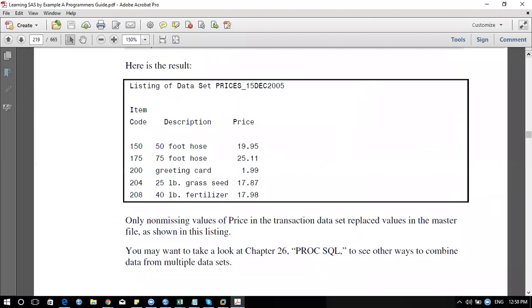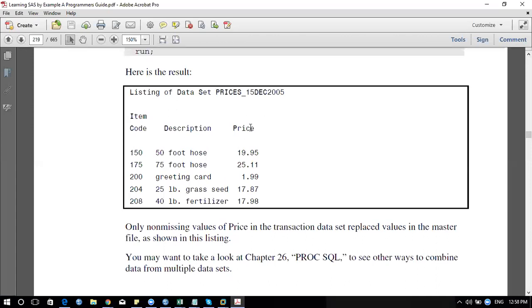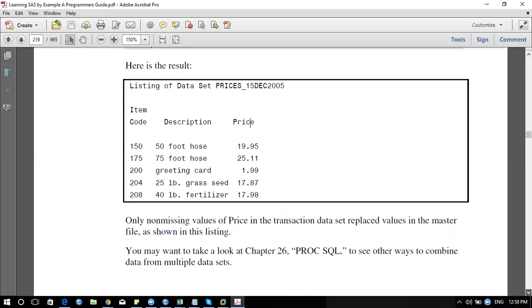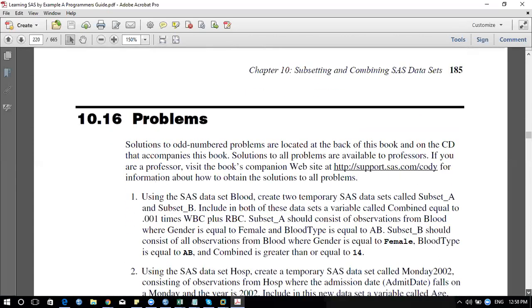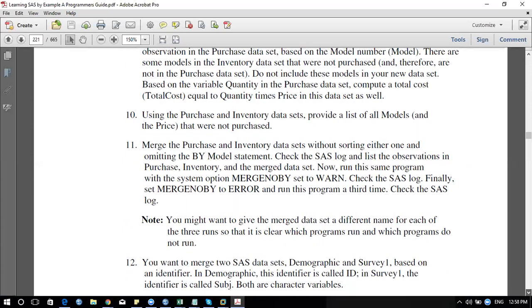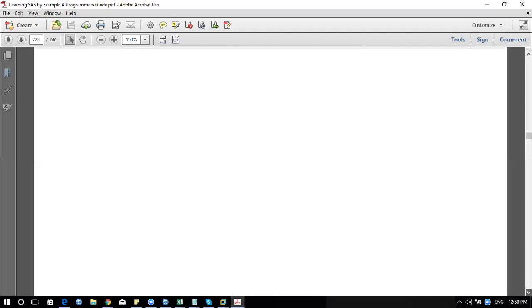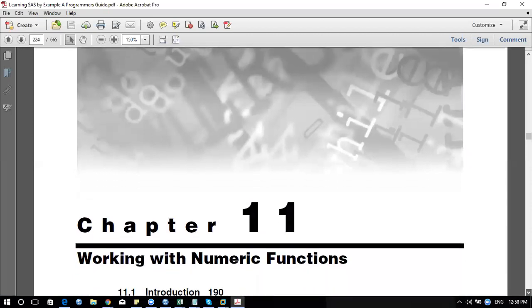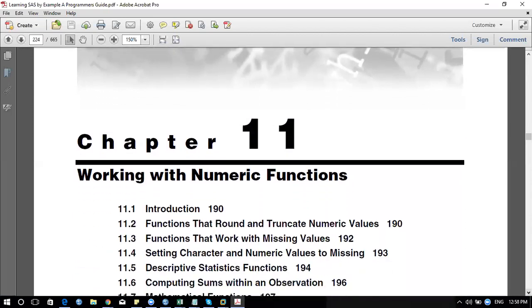Which chapter, Ravi? Chapter 10? No, this chapter. Whenever you go for any interview now, they'll ask you SQL joins. So which will be covered in the next class? See, if you have any doubt in this section of joins and merge, we'll cover it again. Otherwise, we'll go ahead and look at your numeric function. The next classes we have your numeric function, then your character.